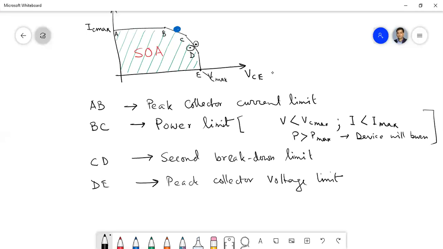Sir, in BJT, don't we have the reverse recovery phenomenon? Like there will not be any negative current even after turn off. Why don't we have such a phenomenon in BJT? In this BJT we don't have the reverse recovery phenomenon. Okay, so there will be some reverse current and voltage as well, but